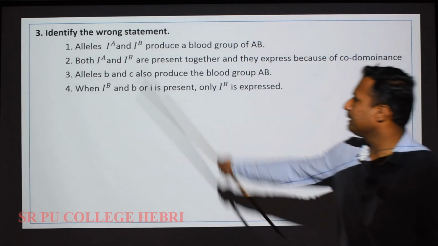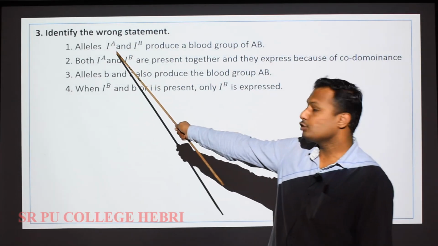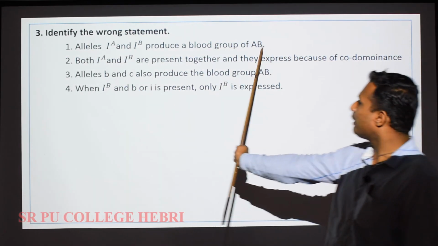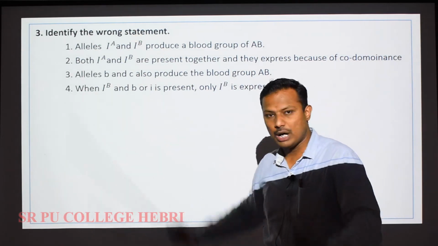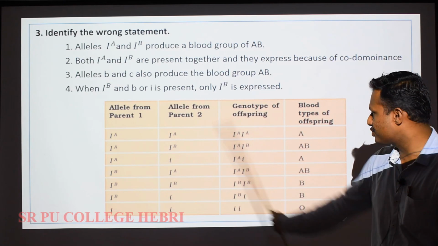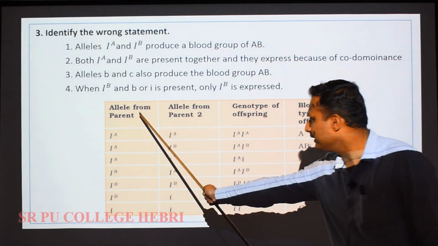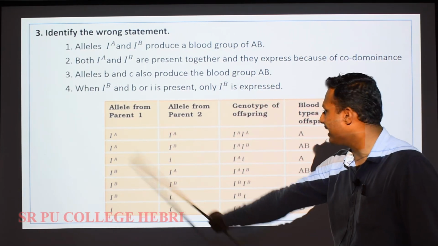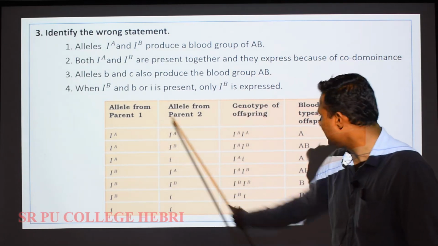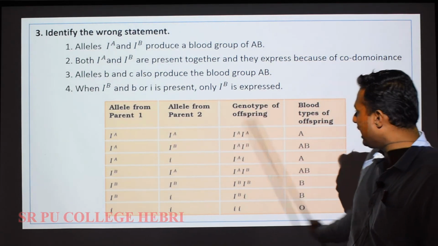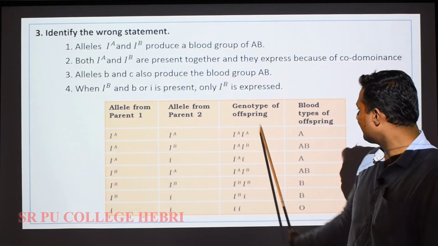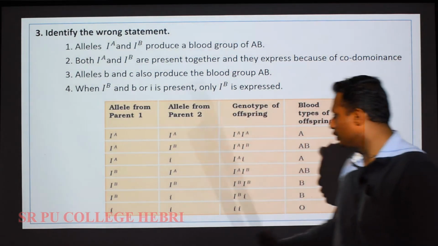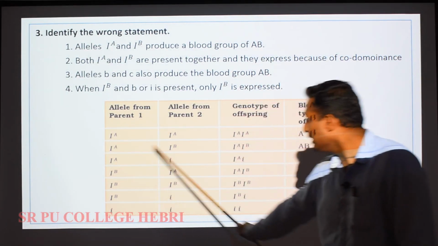Identify the wrong statement among these. Alleles IA and IB produce a blood group of AB. Correct, no? You have studied blood grouping from this chart. Here you can see the allele from parent 1 and the allele from parent 2. When both of them carry the A gene, on the I gene, definitely it will form the A blood group. If A and B are together, then because of codominance the blood group will be AB. Right? And if one is dominant and the other is recessive,